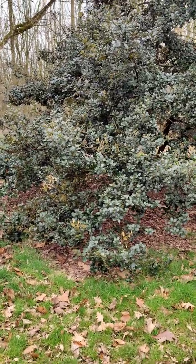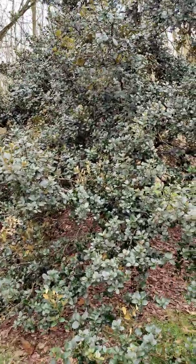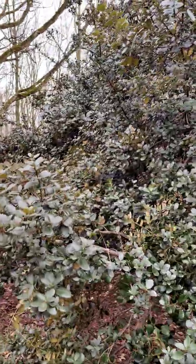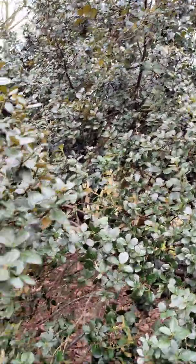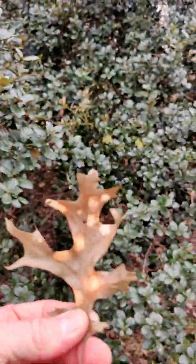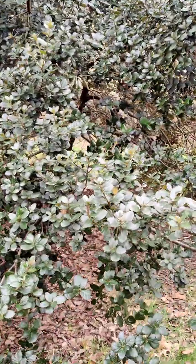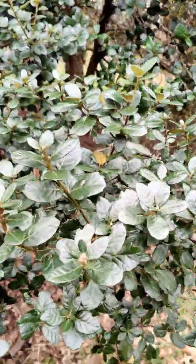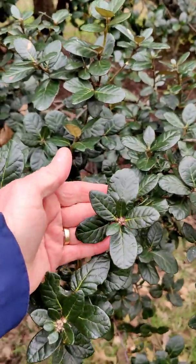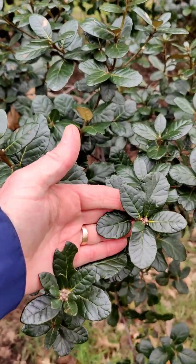Now this is an oak tree, and a lot of the oak trees have rounded leaves rather than the usual lobed and pointed leaves. If I just grab a leaf from the floor, there's your usual oak leaf with these pointed lobes. But a lot of oak trees have this rounded leaf, and this particular oak tree is an evergreen as well, and there are a number of evergreen oak trees which